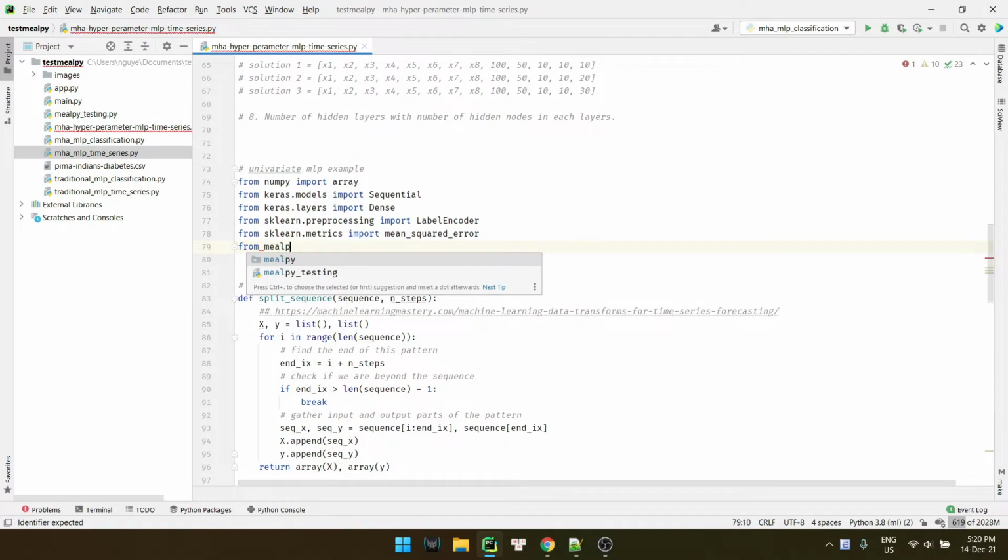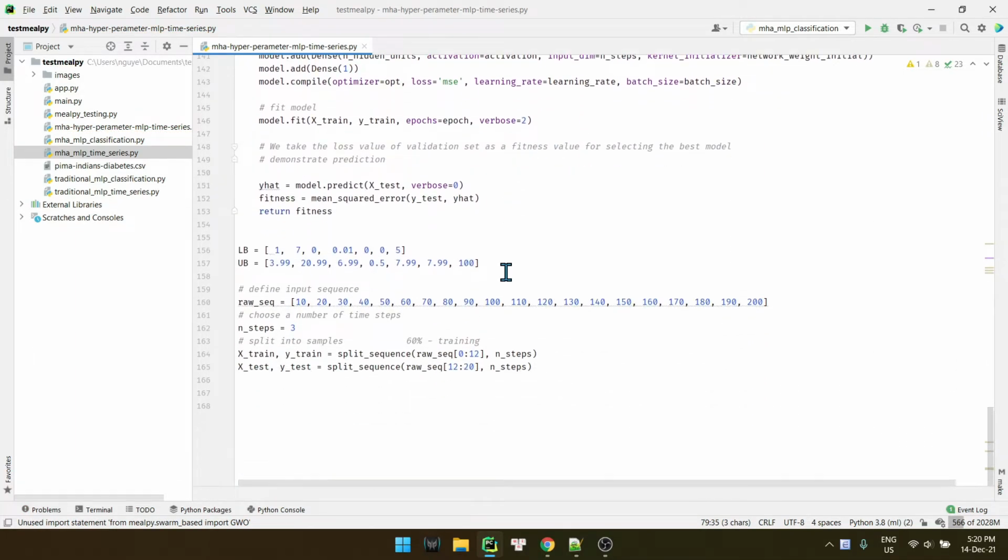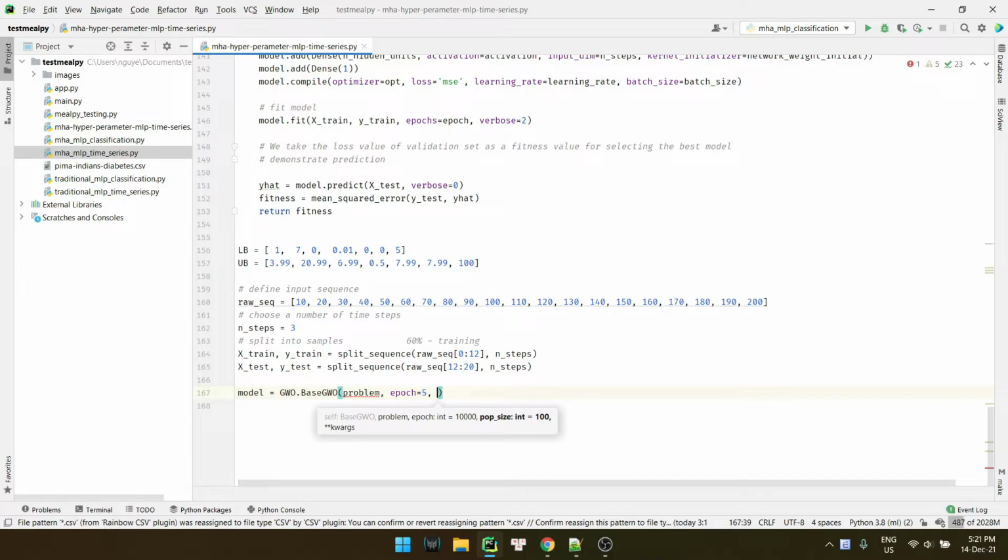Let's use the swarm-based, let's use the Grey Wolf Optimizer, right? So model equals Grey Wolf Optimizer dot original optimizer, epoch equal to, like, I want to try to find, population size equal to 50.